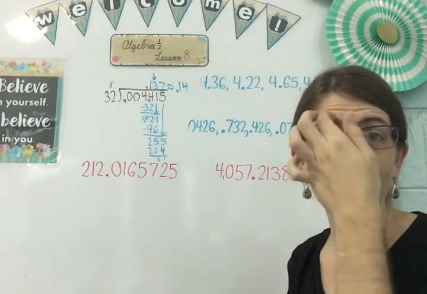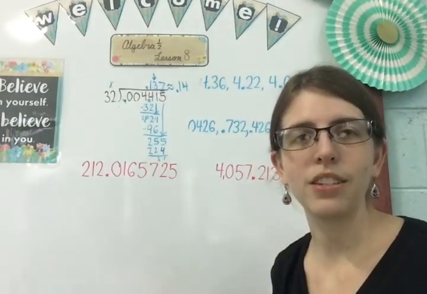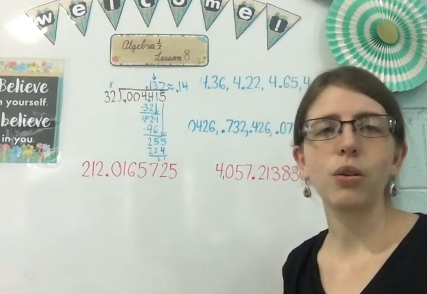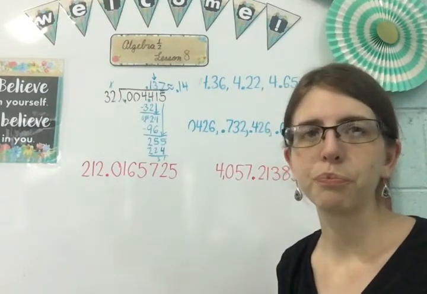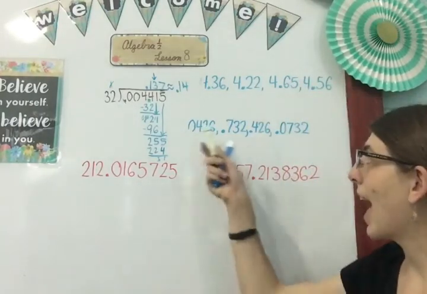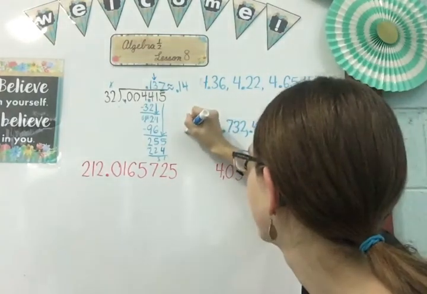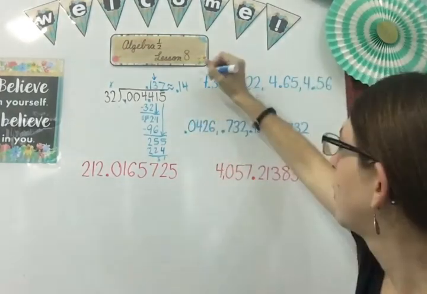Now, with decimal points, sometimes you'll need to put them in order from least to greatest. And you just follow any other normal way of putting a number in order from least to greatest. You just look at the numbers as they come. Oops, I accidentally wiped off this decimal point. So here I have